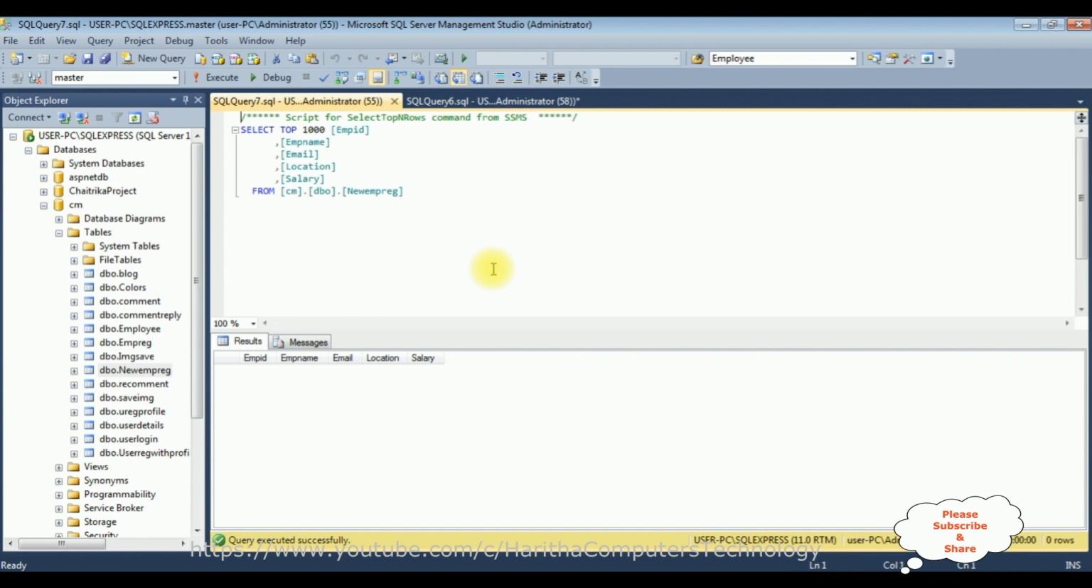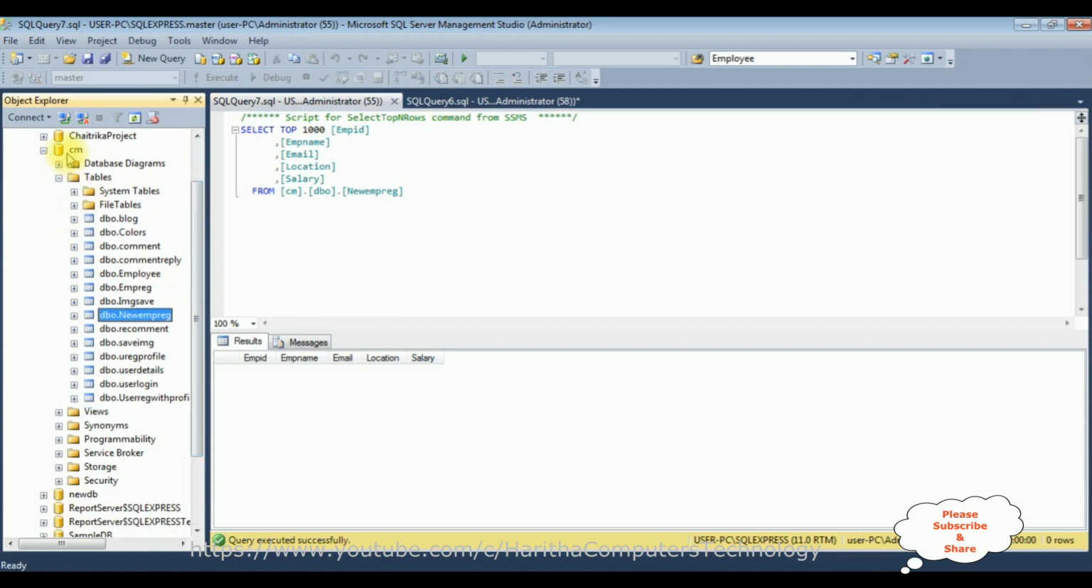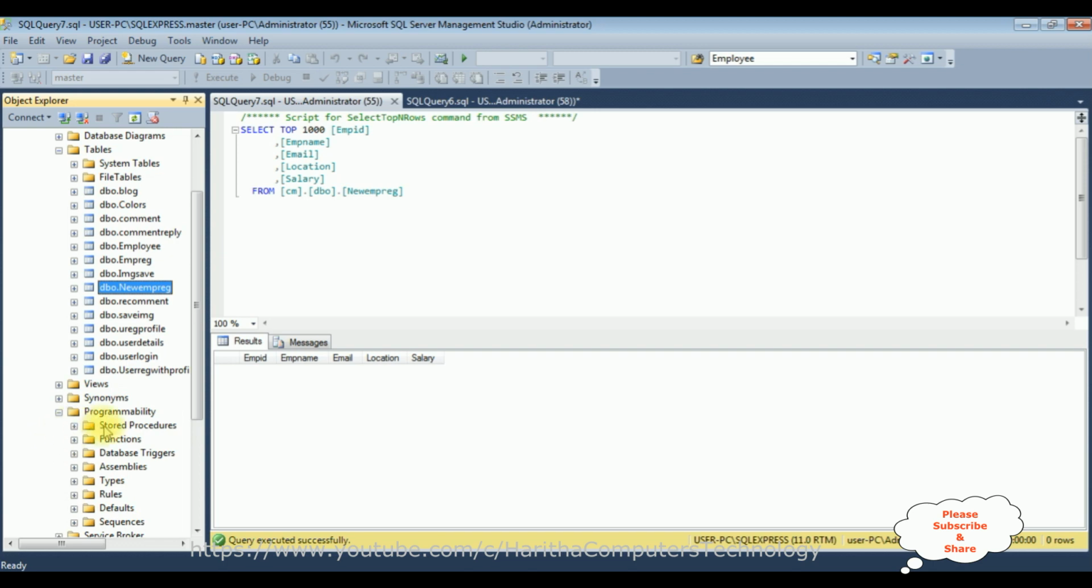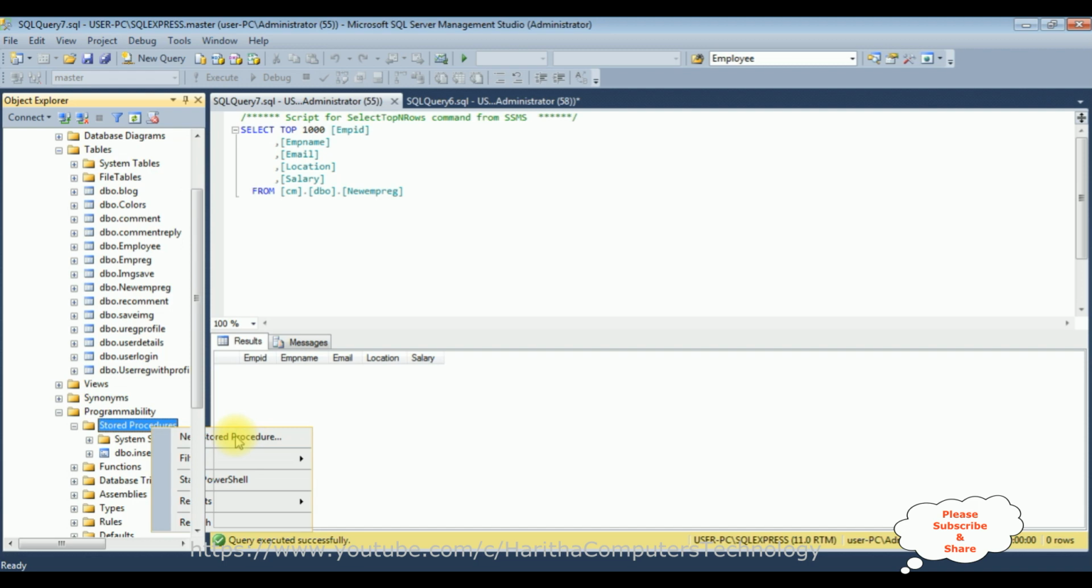Now the next step, we'll create a new stored procedure in the same CM database. Come to the bottom. In the same database there is a folder called Programmability. Expand that one, and there is a subfolder called Stored Procedures. Here we will create a new stored procedure. Let's expand the stored procedures. Right now in this stored procedures folder we have only one stored procedure. So let's create a new stored procedure. Select the stored procedures folder, right click the mouse, new stored procedure,